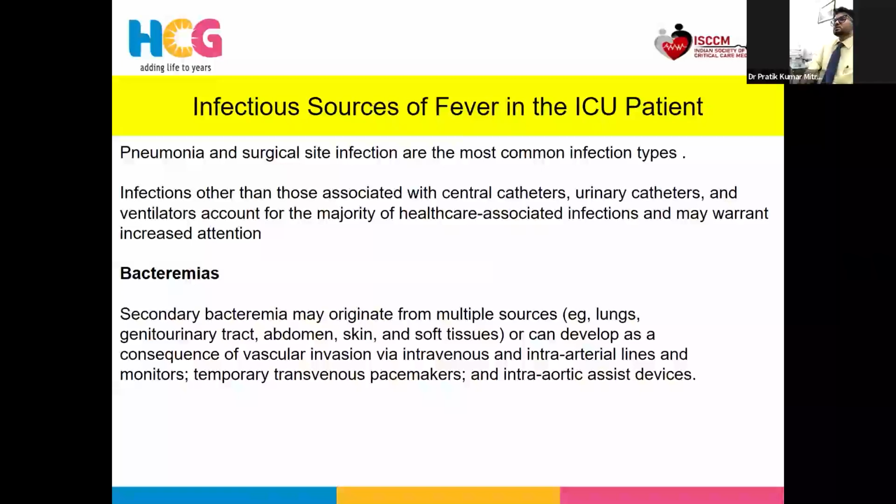Pneumonia and surgical site infection are the most common infection types. Infections other than those associated with central catheter, urinary catheter, and ventilator account for the majority of the healthcare-associated infections. Secondary bacteremia may originate from multiple sources. It can be lungs, genitourinary, abdomen, skin, and soft tissue, and can develop as a consequence of